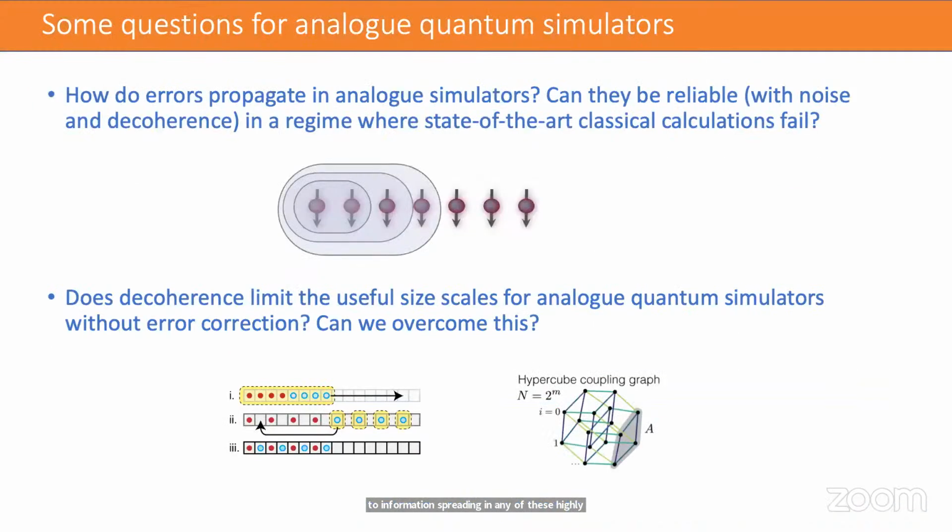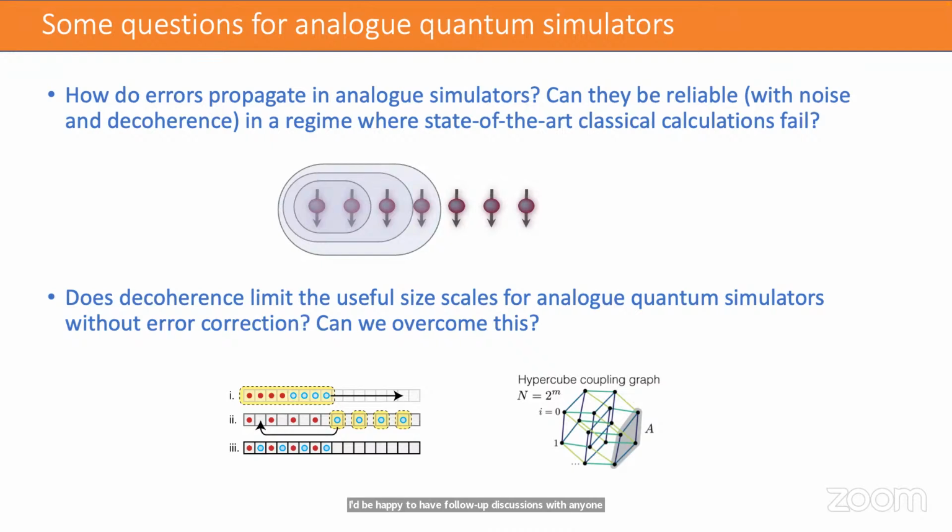Very good. So a couple of questions related to information scrambling that I think are really important general questions at the moment involve the question of how errors and information in general tend to propagate in analog quantum simulators. And one big thing that we set out to look at in some detail, that I won't talk about as much today, but I'd be happy to have follow-up discussions with anyone who's interested,